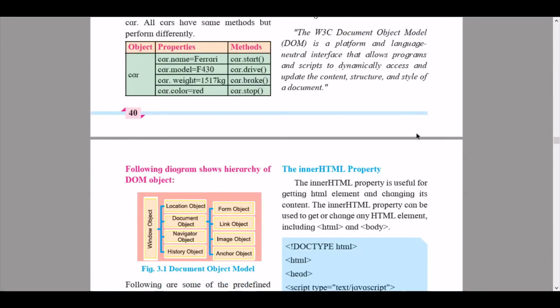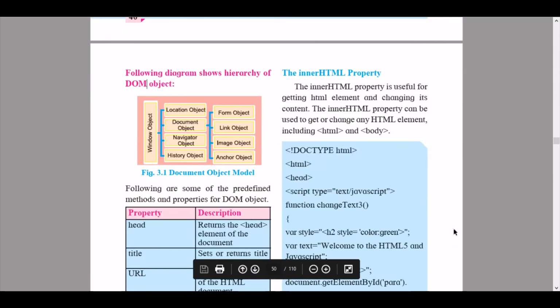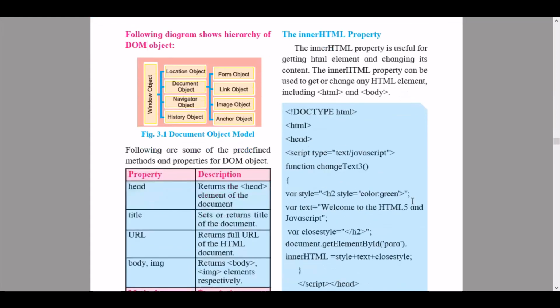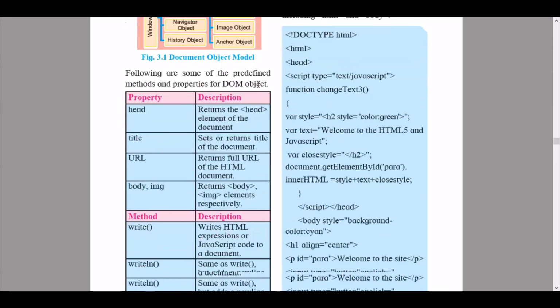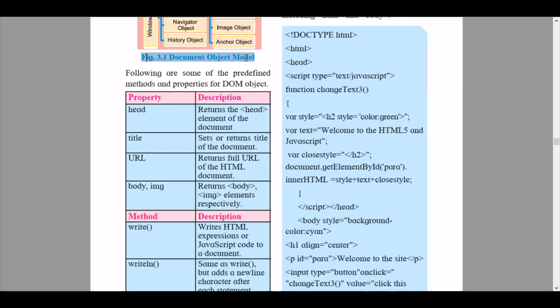Then we continue to a detailed flowchart explaining what the window object falls down to: a document object, location object, navigator object, and history object. These might come as MCQs as well. Any 3 correct answers, any 4 correct answers, any 2 correct answers. Define what a window object is, how many types of window objects are there. Look, you can take location object. So please learn this as well. Do not ignore the diagrams. So here, this figure 3.1 is important.